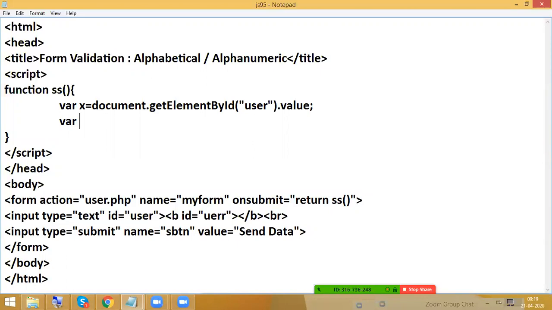Now the expression. Any expression starts with the caret symbol, ends with the dollar symbol. Okay. Here uppercase, lowercase. Okay. So actually, we need to add the plus symbol here. To accept more than one character, we need to enter the plus symbol. Right now I'm not entering. No problem. Just wait for a while.